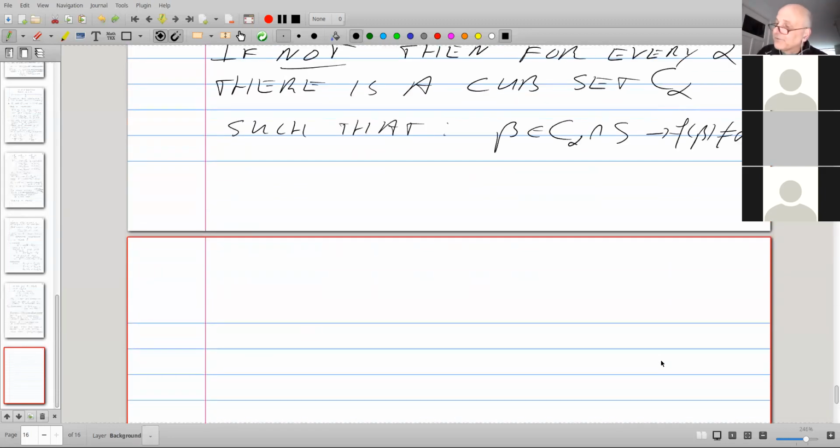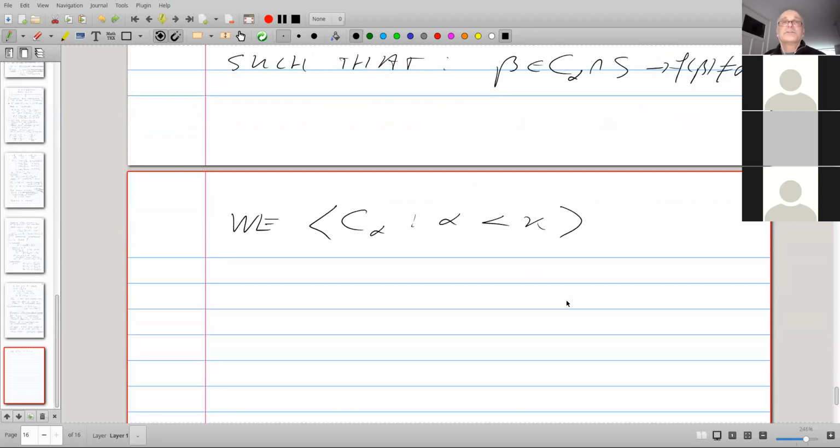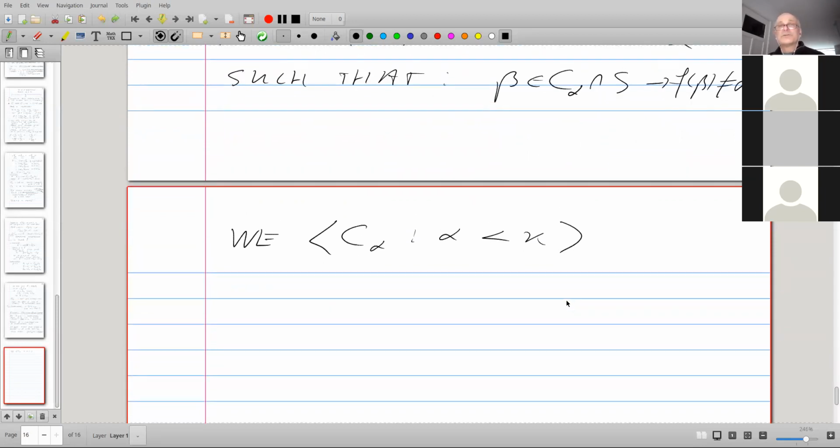Well, we have a sequence of closed unbounded sets. This is blatant axiom of choice. We choose C alphas simultaneously and whatnot, but okay, we're axiom of choice believers. We get a sequence of closed unbounded sets.